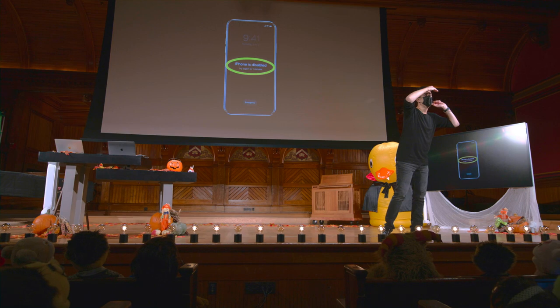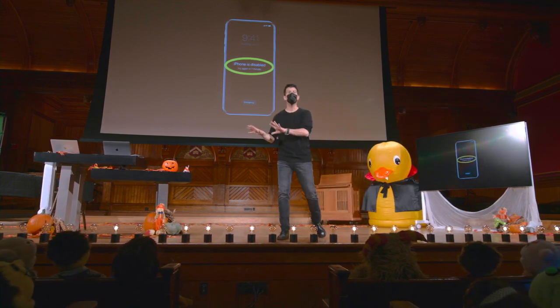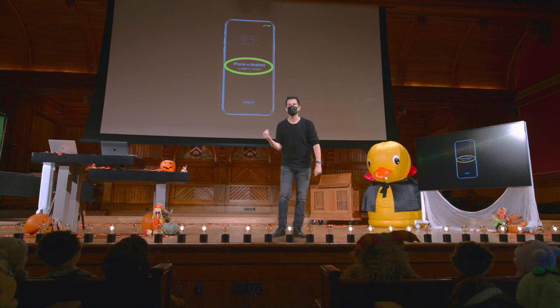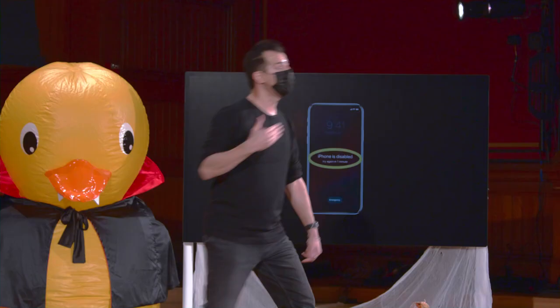It slows down the process. It annoys you, to be fair. You pay a bit of this price, but it really slows down the adversary. Now they're going to be able to type in not 1 code per second, but 1 code per minute, a 60 times difference. That's really going to force them to pump the brakes. And unless that adversary is after you specifically, odds are they're going to go take someone else's phone or lose interest because you've raised the bar high enough to their getting in.